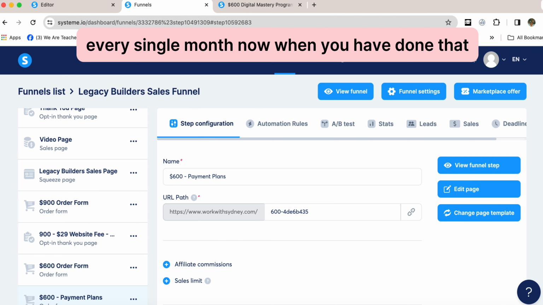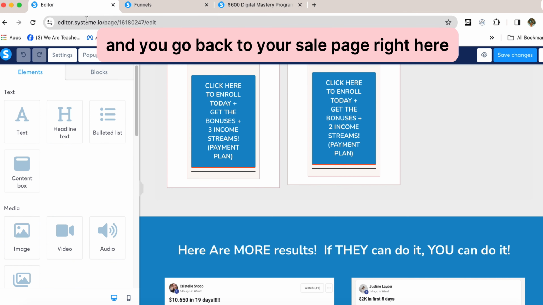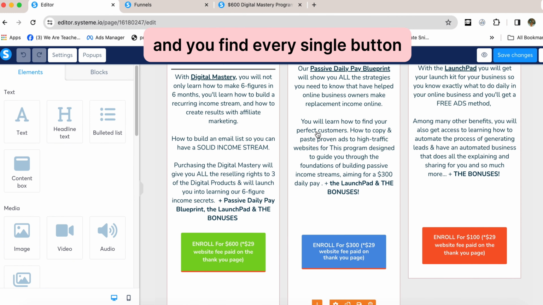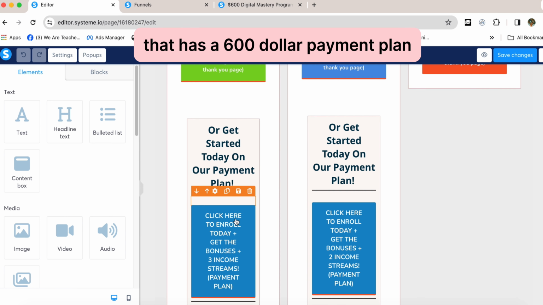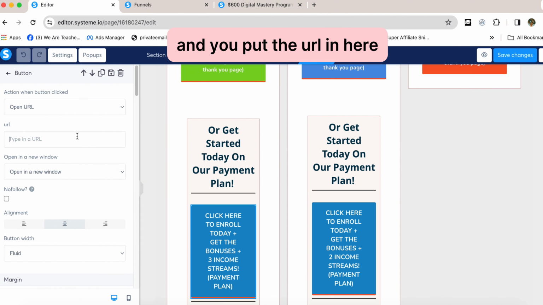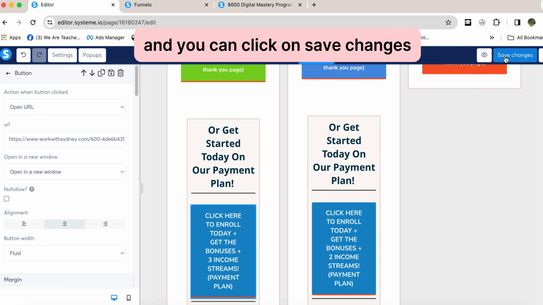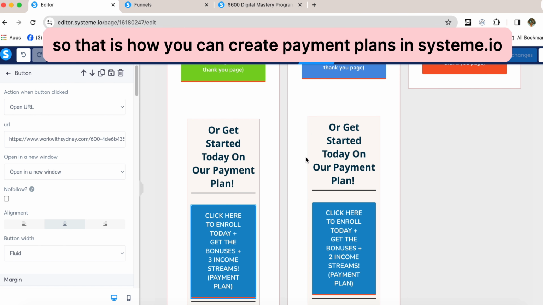Now once you have done that, you can click on this one to copy the link, and you go back to your sale page right here, and you'll find every single button that has a $600 payment plan, and you can just click on that one and put the URL in here, just paste it in like this, and you can click on save changes. So that is how you can create payment plans in